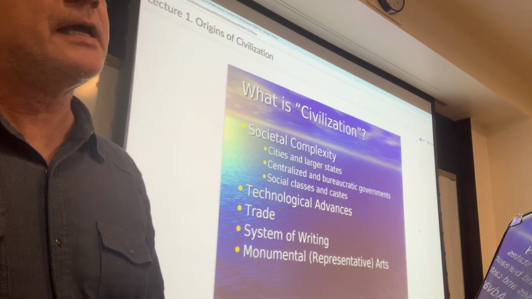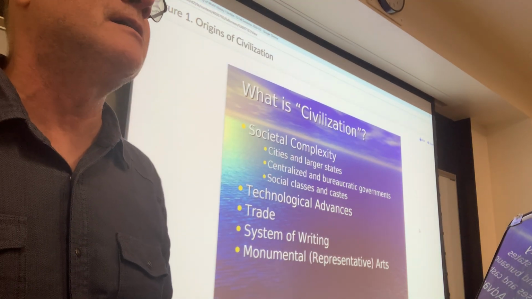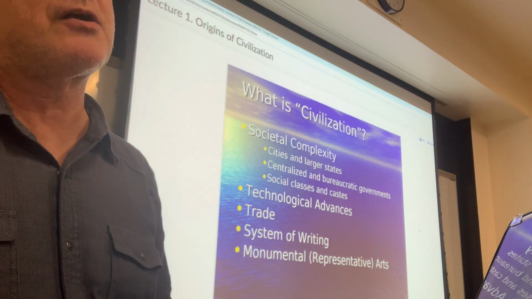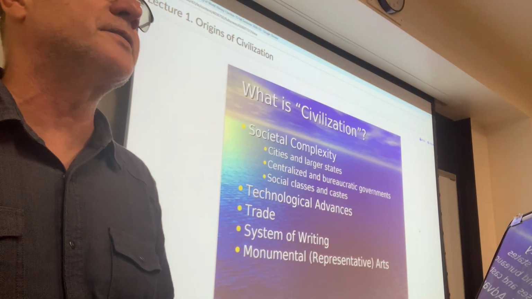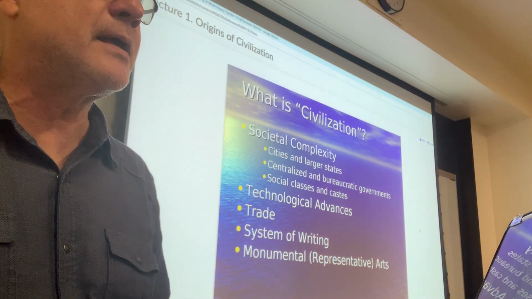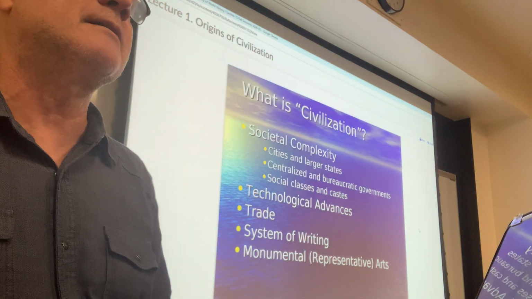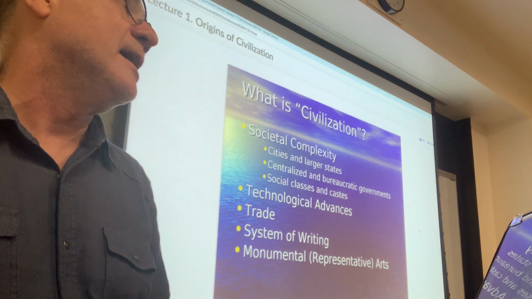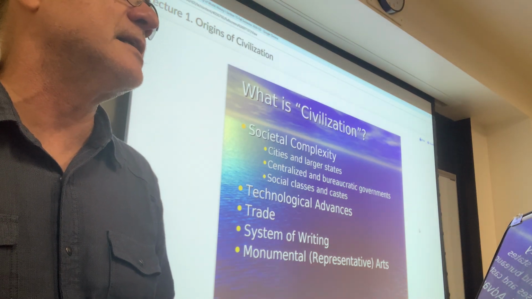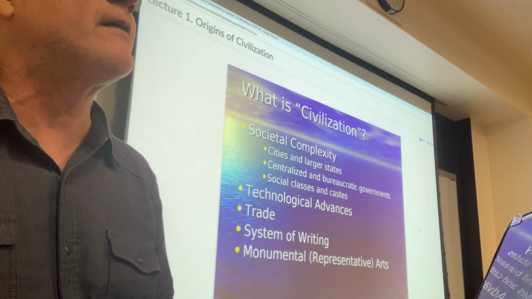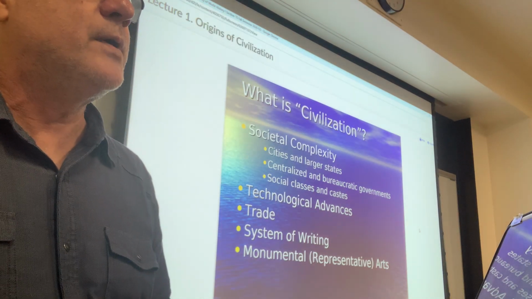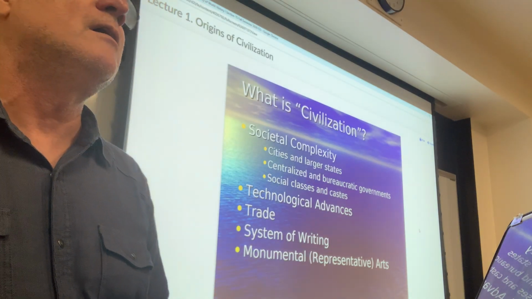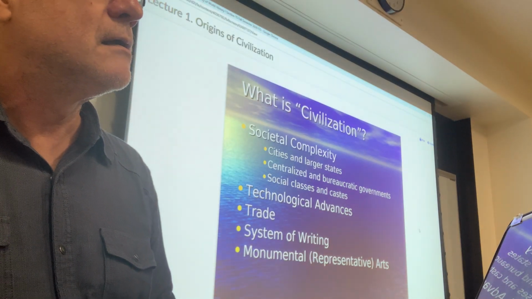Trade would take place. There is evidence in Mesopotamia that it traded with Egypt and with Harappa. Harappa traded with China and Mesopotamia. A system of writing, that's what most scholars point to, a system of writing as a characteristic of a civilization. But I must clarify here, because a system of writing is something quite specific, whereas the Inca